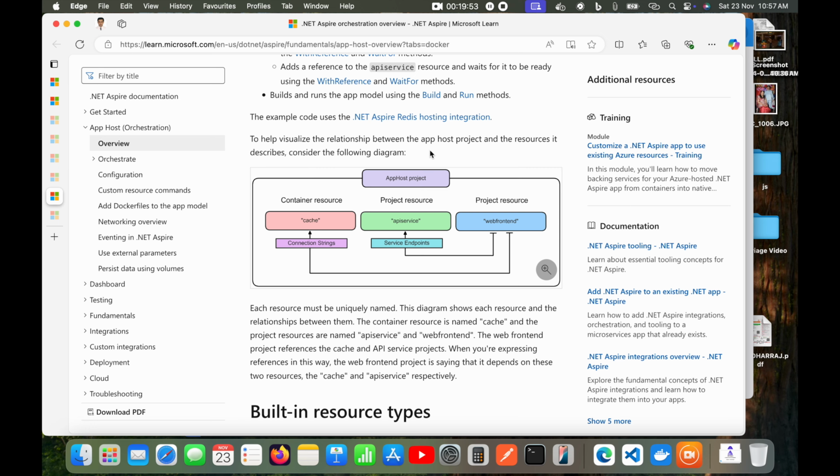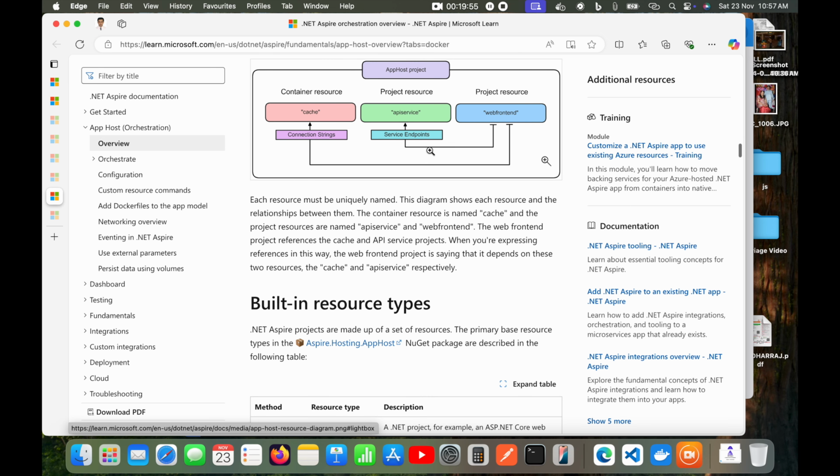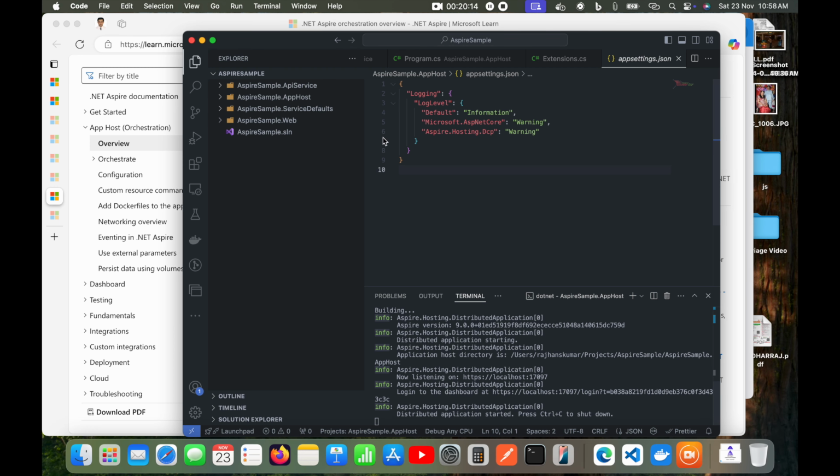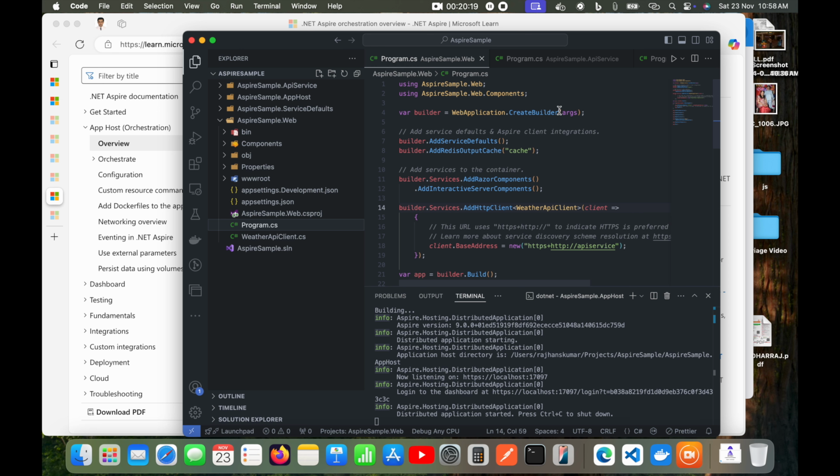So how a project is working here: you can see in our current folder structure, we have one cache container resource, which is cache. We have two project resources, one is the API service and another one is the web front end. In cache we have the connection string related to cache. The web front end is connected with the cache. For that, let me show you that in the program.cs file. You can see here,